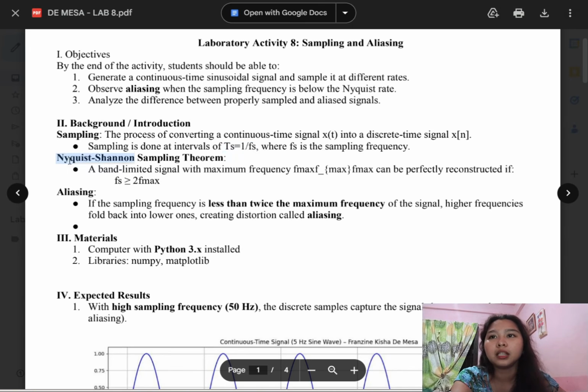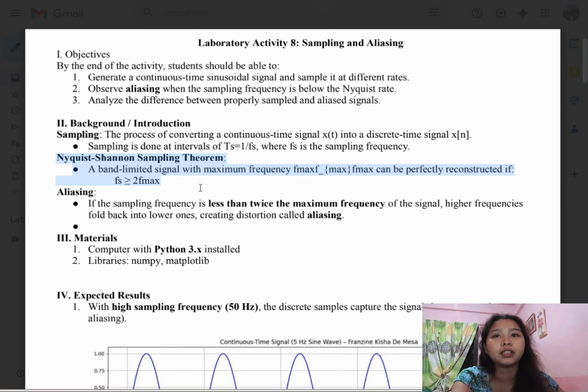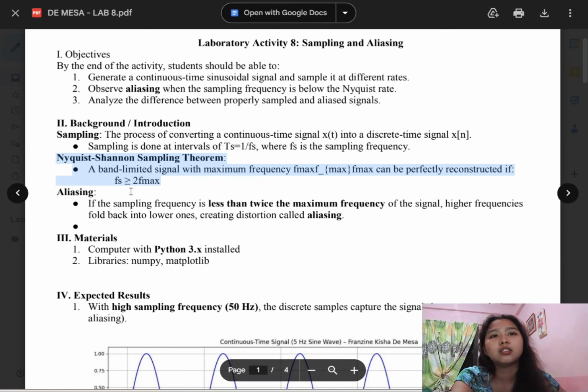According to the Nyquist-Shannon sampling theorem, for perfect signal reconstruction, the sampling rate must be at least twice the maximum frequency of the signal. This is written as